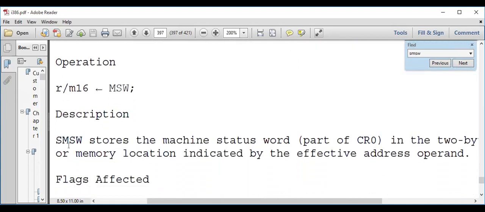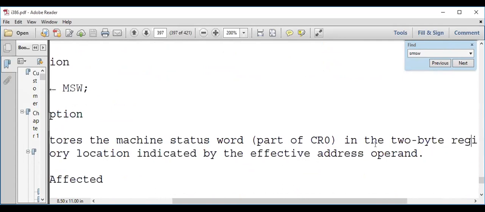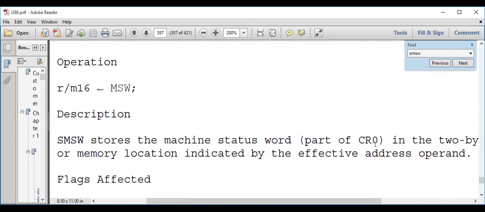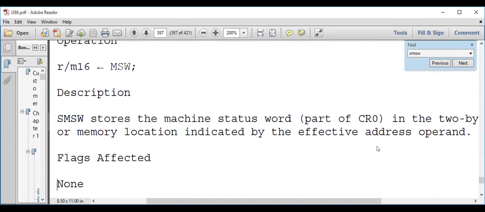Whatever the current status is, that part of control register 0 is copied and saved in the EAX register. That is the work of this instruction.